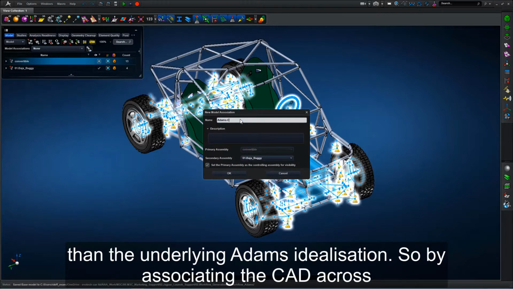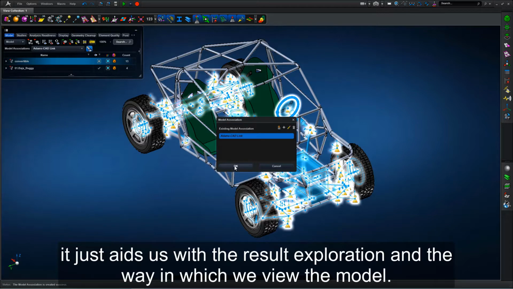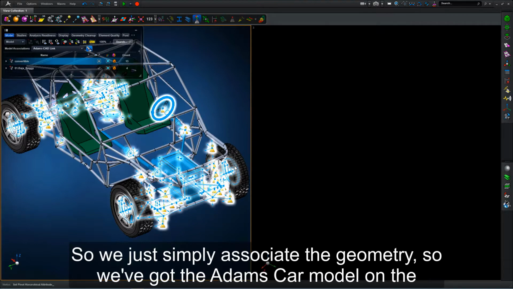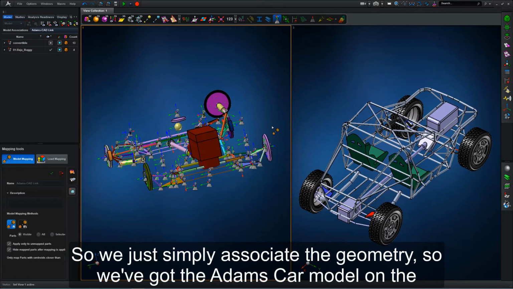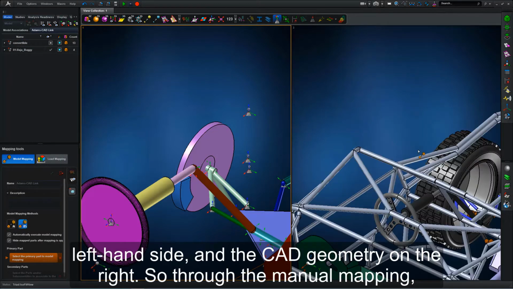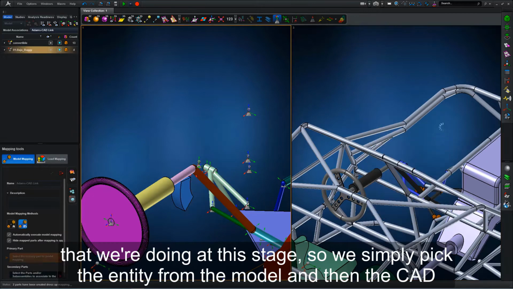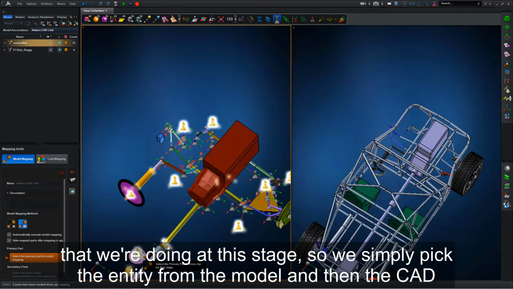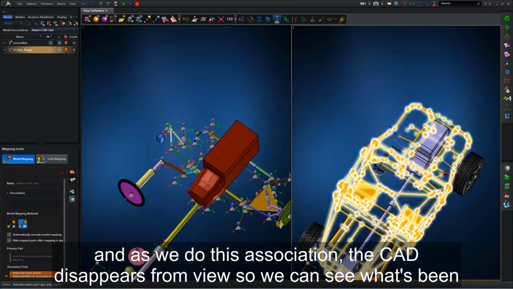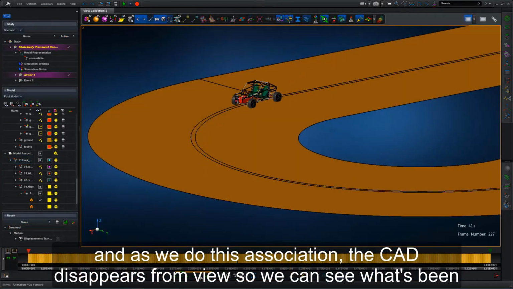So by associating the CAD across, it just aids us with the result exploration and the way in which we view the model. So we just simply associate the geometry. So we've got the Adams car model on the left hand side and the CAD geometry on the right. So through the manual mapping that we're doing at this stage, we simply pick the entity from the model and then the CAD, and as we do this association, the CAD disappears from view